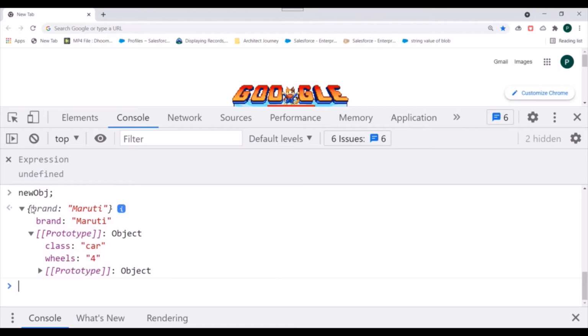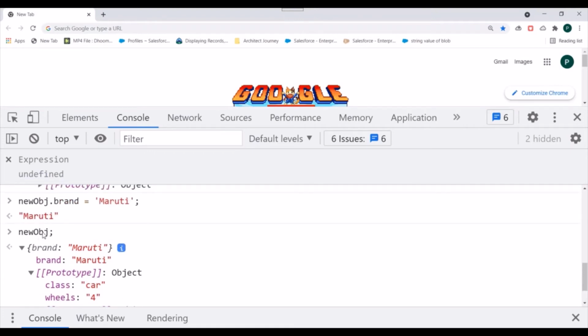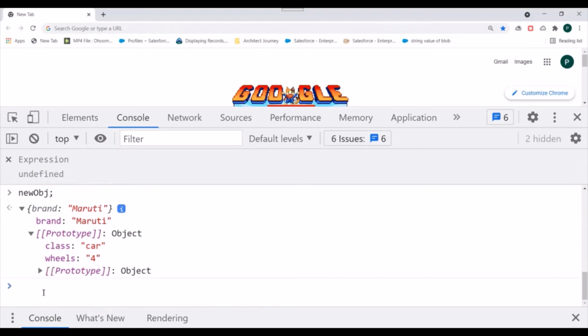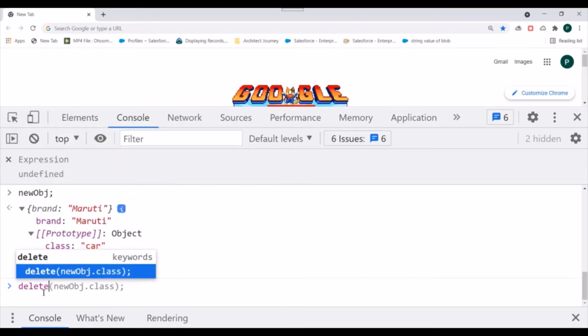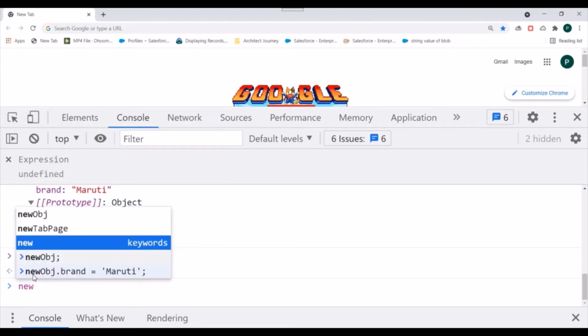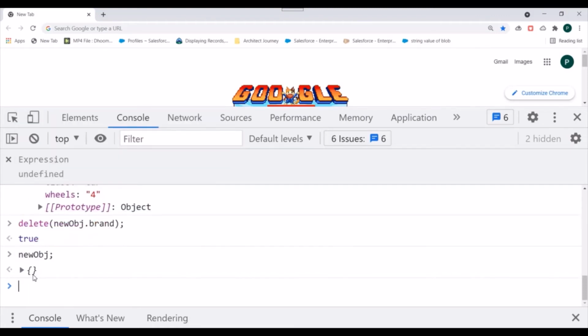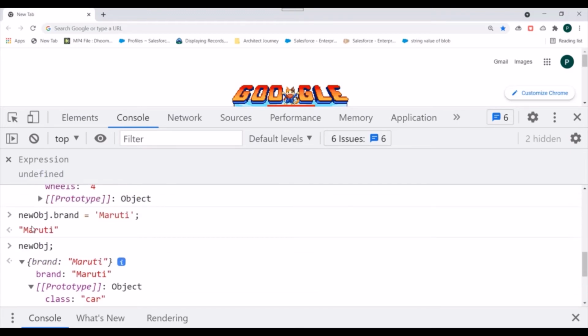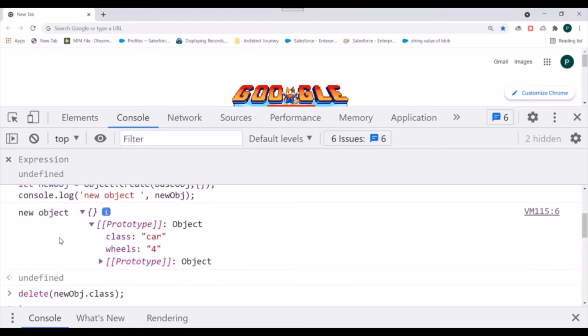Now I wish to delete the object's own property, that is brand. So let's try to delete it and see. Here we need to specify brand. It's returning true. Let's print new object. You can see this property has been deleted. So we can delete the object's own properties but not the properties which we got from the base object.